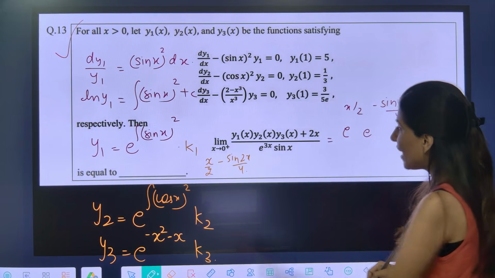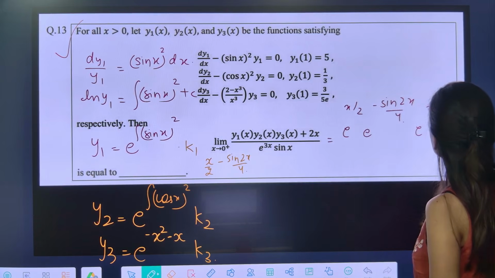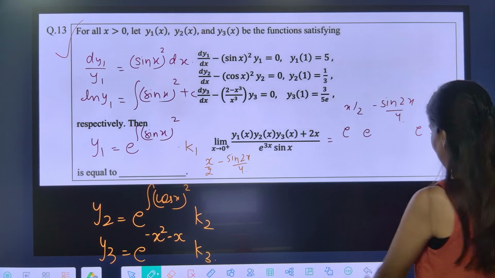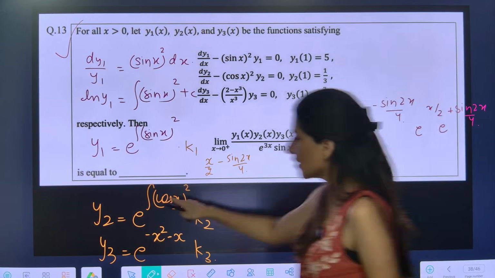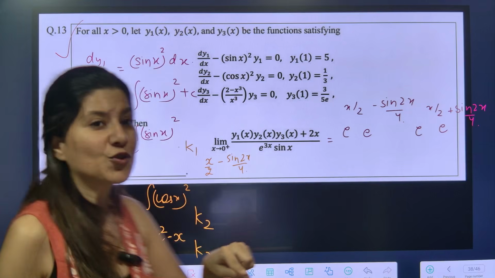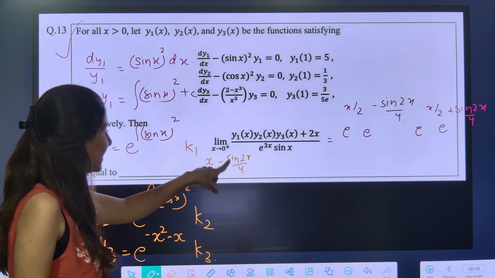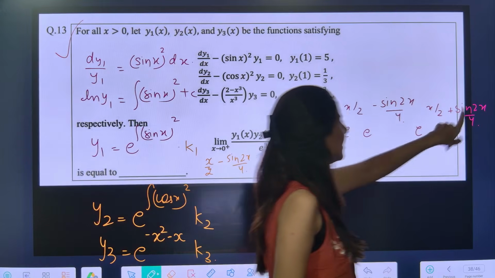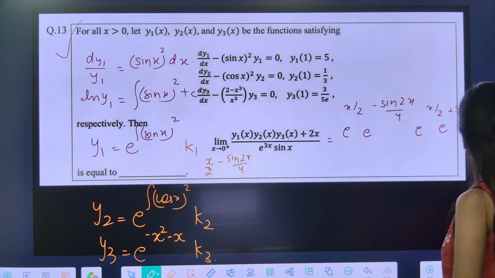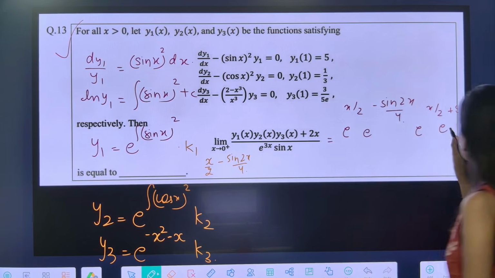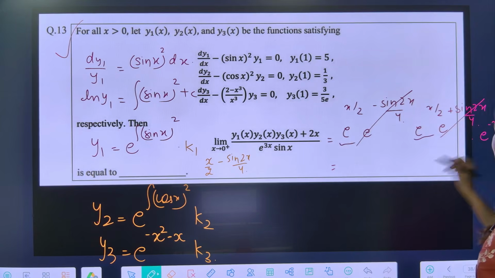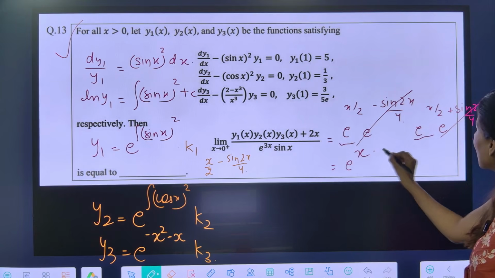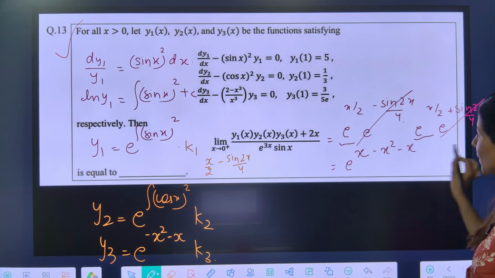Okay. Then y2. y2 will be what? E power x by 2, e power plus sine 2x by 4, because in place of cos x, it will be 1 plus cos 2x. So plus cos 2x, so integration will be plus sine. So there is minus sign, there is plus sign. Now y3. y3 is what? E power minus x square, e power minus x. Okay. Now can you clearly see this and this is getting cancelled out? These two are becoming e power x. So e power x, this is minus x square minus x. Okay. y1, y2,